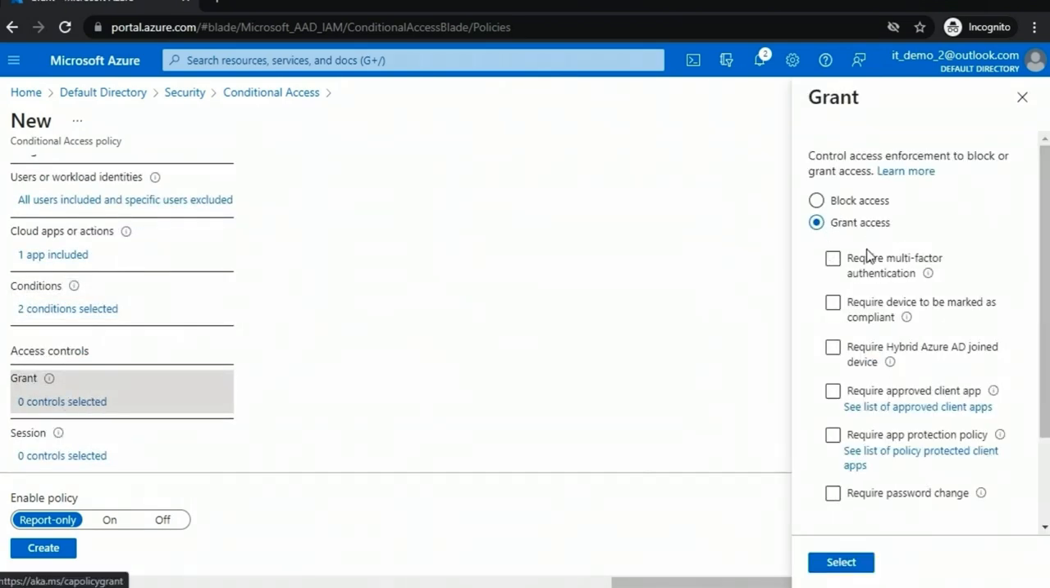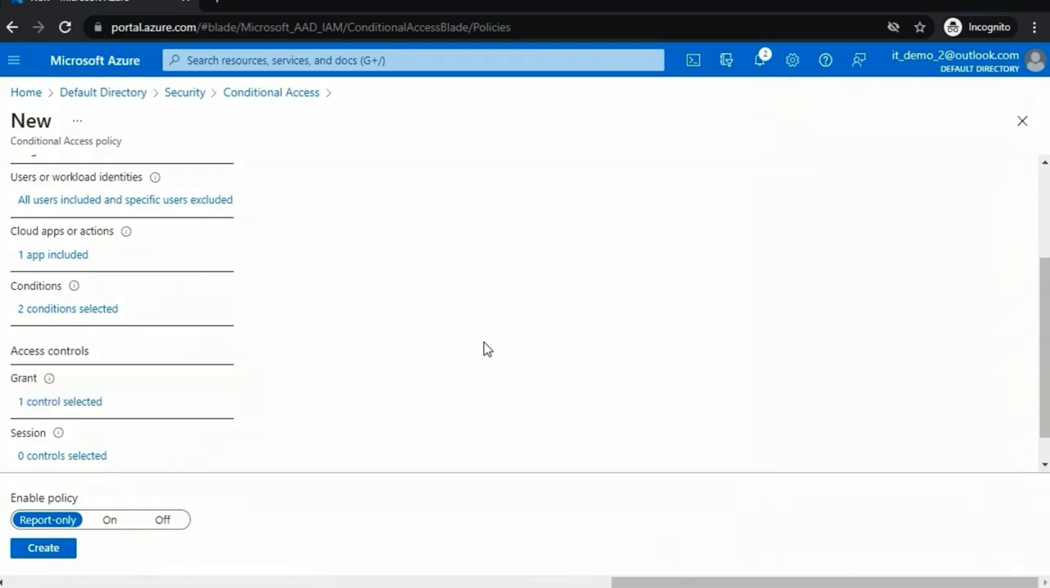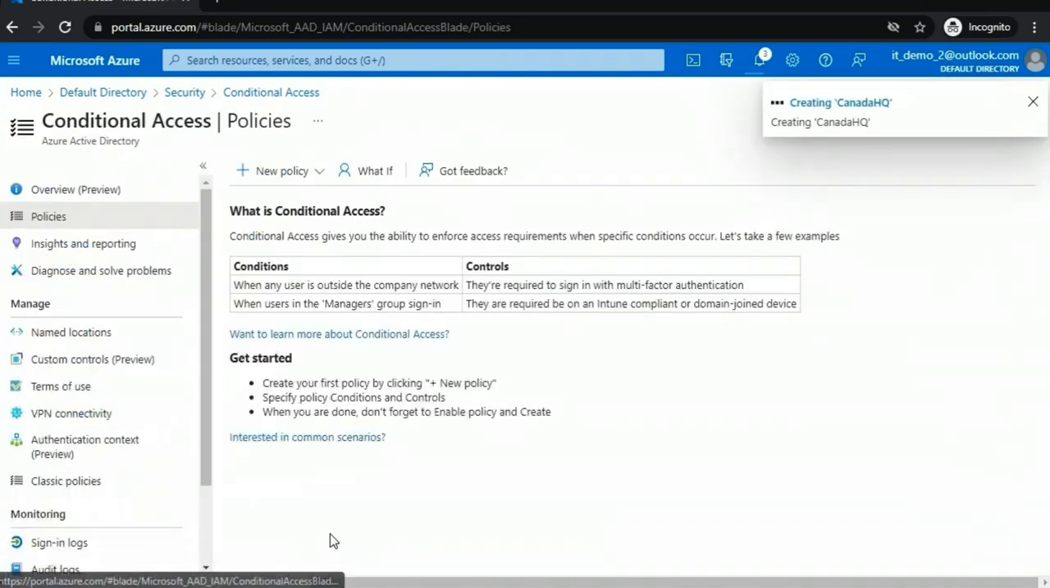I want to grant access. And at the same time, maybe I'll require multi-factor authentication. So I'll choose select. Now at the bottom, it's enabled for report-only mode or audit mode, where it will track user connections where this policy would apply, or you can turn it on or off. I can leave it on report-only mode and choose create, because what we can do here in the policies view